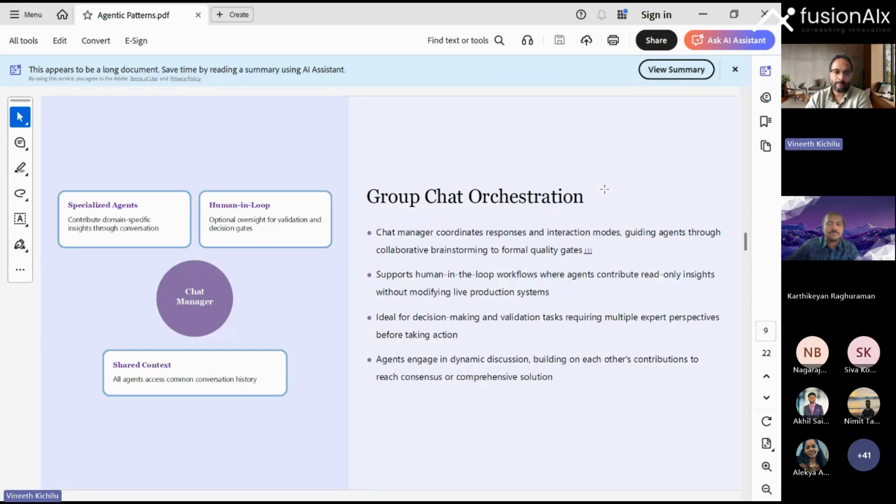Okay, now this is an interesting one. There's another one known as group chat orchestration, right? And I have a very nice demo of it as well. But Karthik is going to code right in front of you to show you in a more intuitive way, right? But I also plan to show you what I built myself. These are specialized or domain-specific agents, human in the loop, and some shared context agents. They are collaborating with each other to execute a task, right?